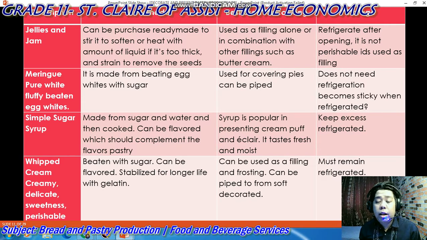So, paano ba siya gawin ang ating jellies and jam? Can be purchased ready-made, to stir in the oven or heat with an amount of liquid if it's too thick, and strain to remove the seeds. Ayan. If ever po na mayroon po tayong mga jams and jellies, mayroon naman nabibili yan sa mga supermarket, ready-made na siya. So, kailangan mo lang talaga siyang tignan kung okay ba sa atin yung kanyang